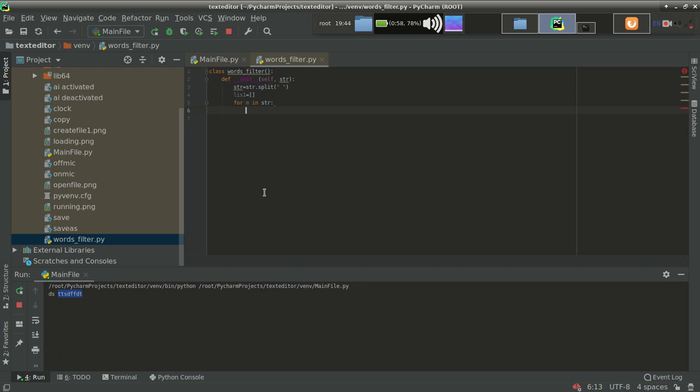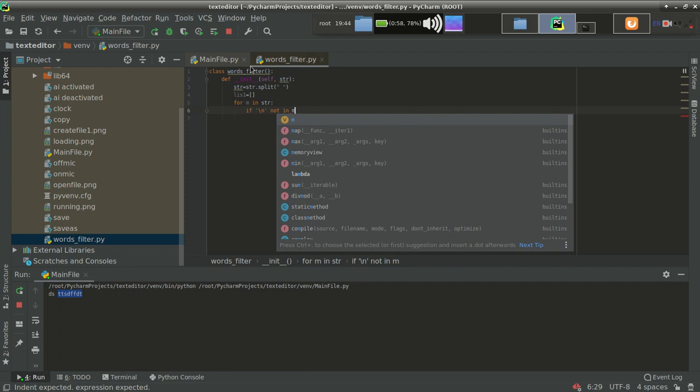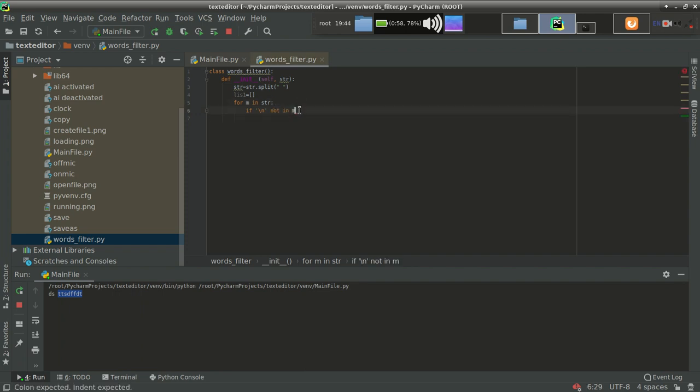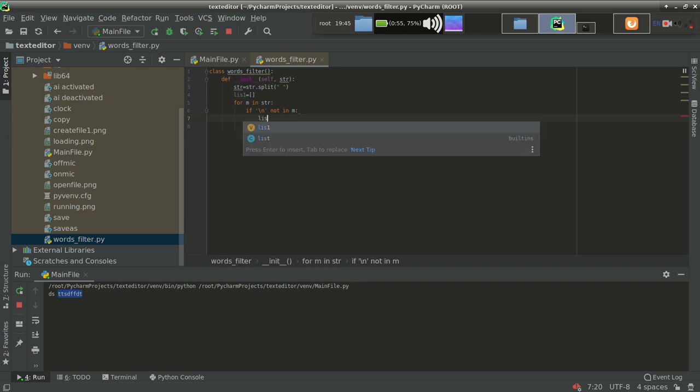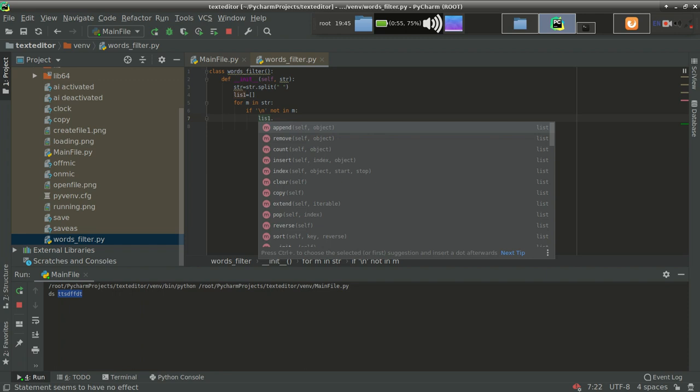So let's check: if backslash n not in m. We are checking whether m contains backslash n or not. If m does not have backslash n, then we will simply add that m into the new list which I made here, list1.